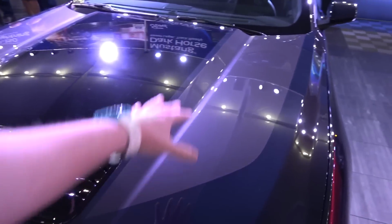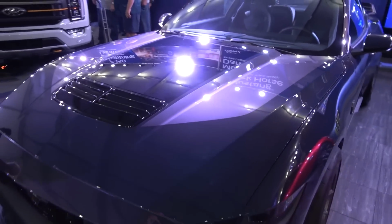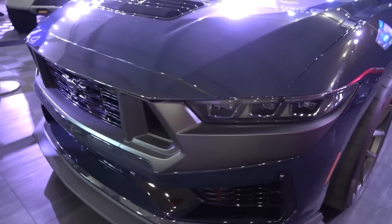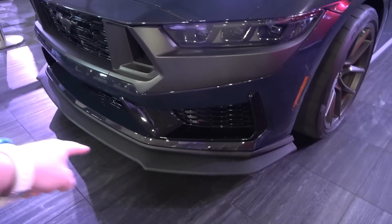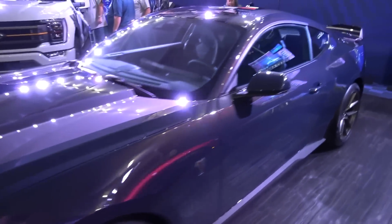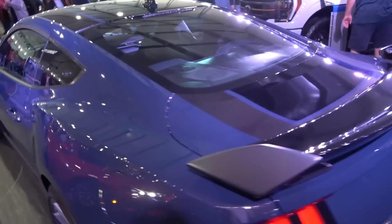Not only the different liveries, as you can see, we've got the black central section, this darker silver side section, we've got the vent on the hood as well, but also these satin inserts around the front grille. We've got the extended front splitter, as you can see, beneath the bumper up front. If we come towards the rear, the stripe package continues over the top with the fastback roof, even down here